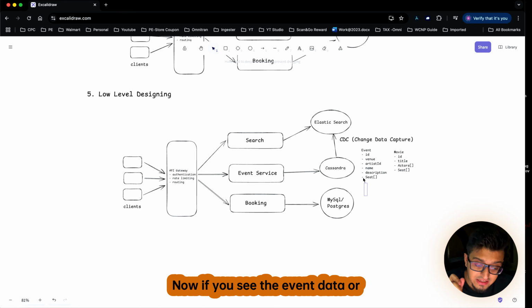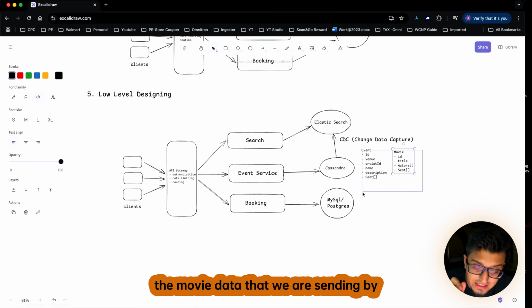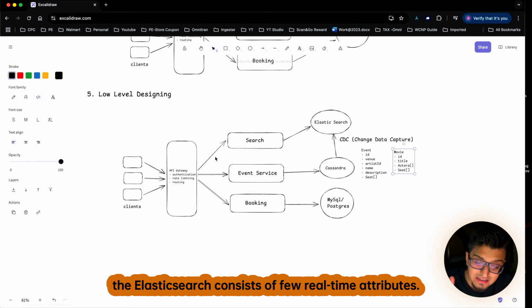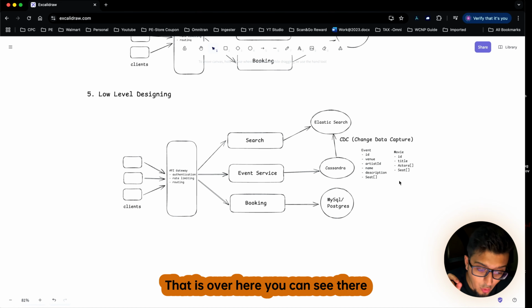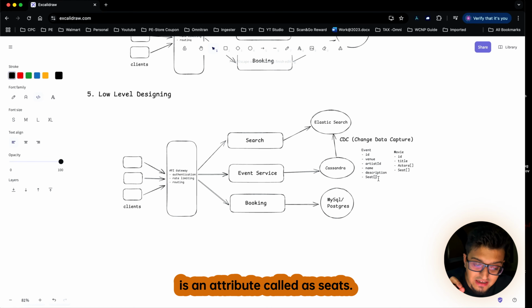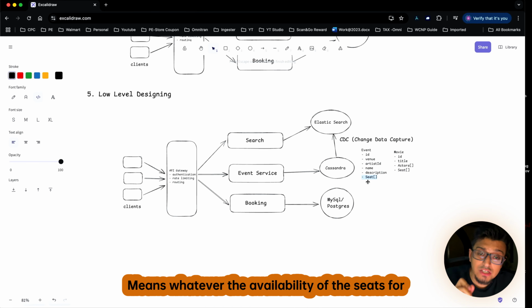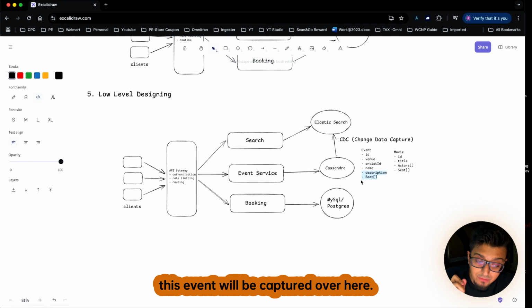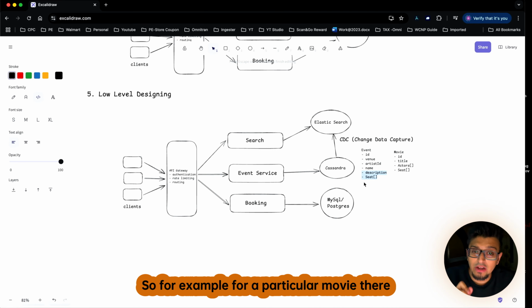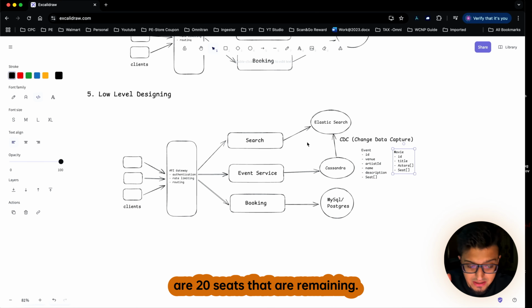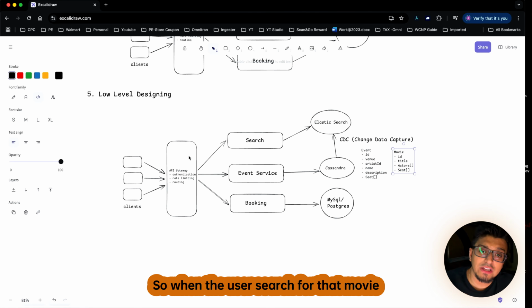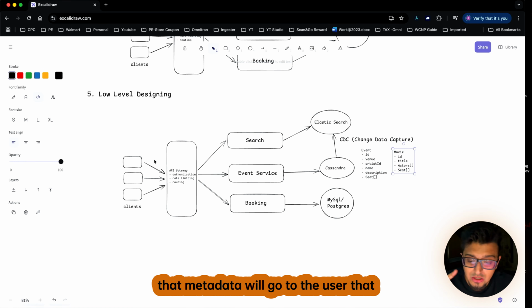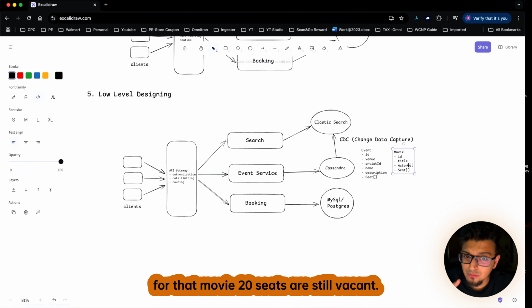Now, the event data or the movie data that we are sending from Elasticsearch consists of a few real-time attributes. Over here you can see there is an attribute called seats. Whatever the availability of the seats for this event will be captured over here. For example, for a particular movie, there are 20 seats remaining. So when the user searches for that movie, that metadata will go to the user,